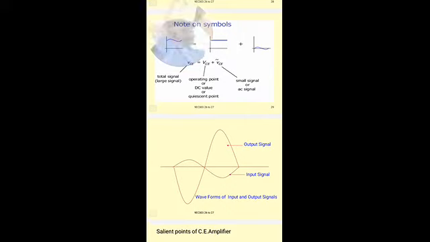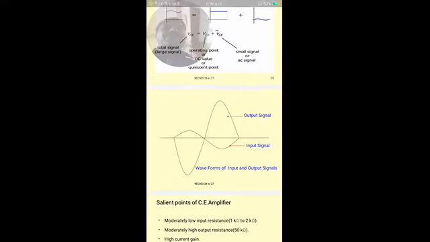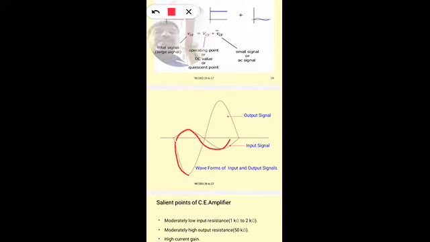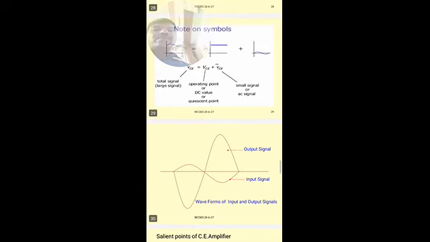So the input signal here before amplification, the input voltage is like this, but we have the output signal after amplification, the large magnitude of the output signal shown in the dark portion. This is the output signal, large amplitude of the output signal. There is a phase shift of 180 degrees between the input voltage and the output voltage,